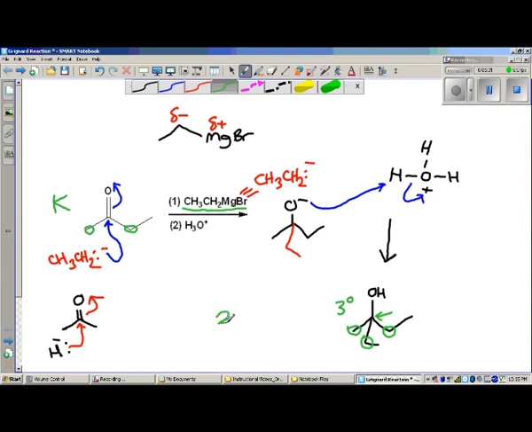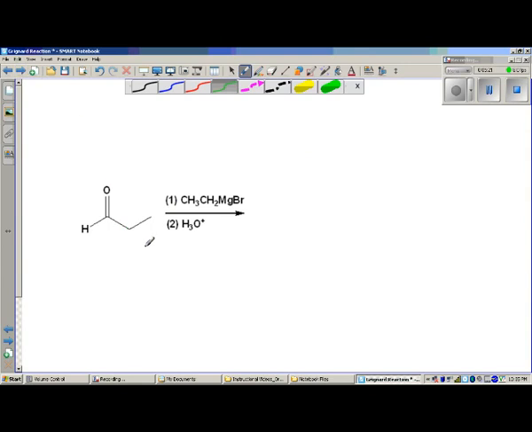If you were to want to make a secondary alcohol then, with 2 carbons around the carbon bearing the OH, how many carbons would you have around your carbon with the oxygen originally? Well, that would be 1. Now, what molecules do you know that have a carbonyl group and 1 carbon on it? And of course that is an aldehyde. I'm not going to go through the whole mechanism here, just as we did on the last slide, but you can see exactly what's happening. The CH3CH2 minus comes in, attacks the carbonyl, kicks electrons up onto the oxygen, forming the alkoxide, which then protonates